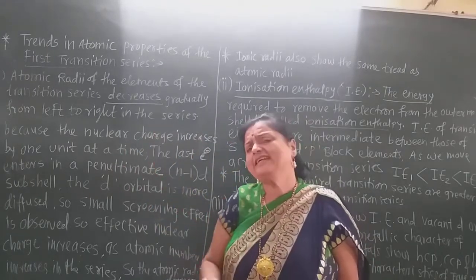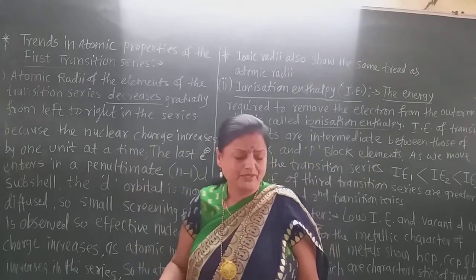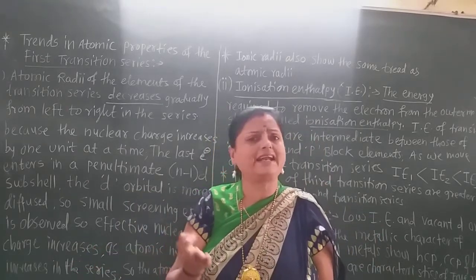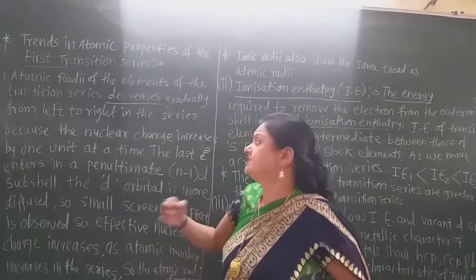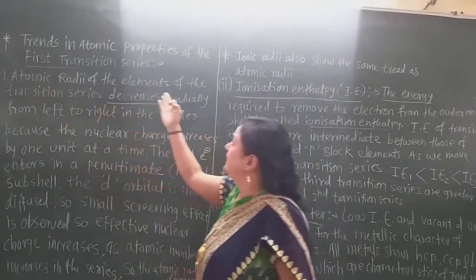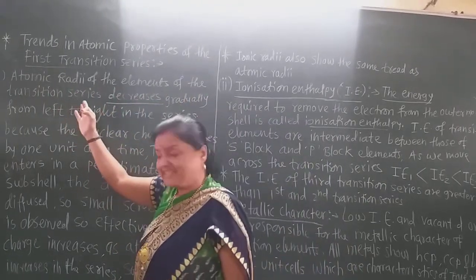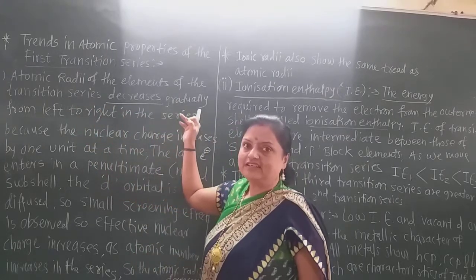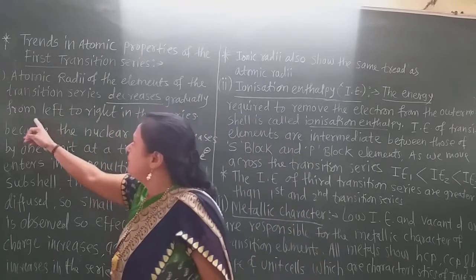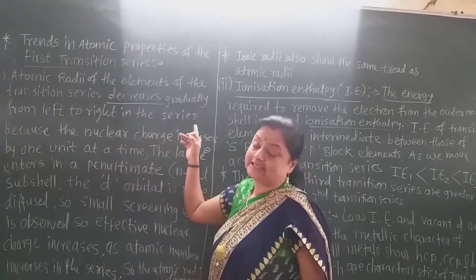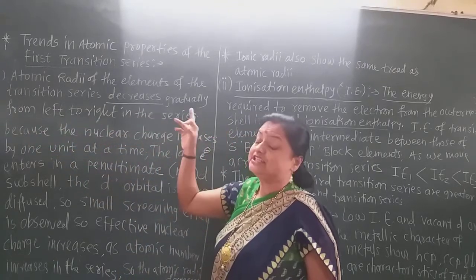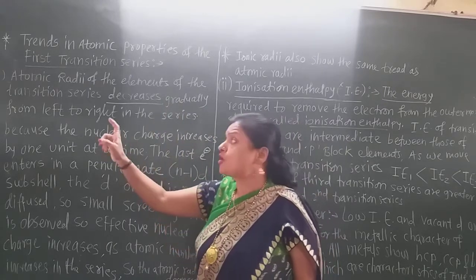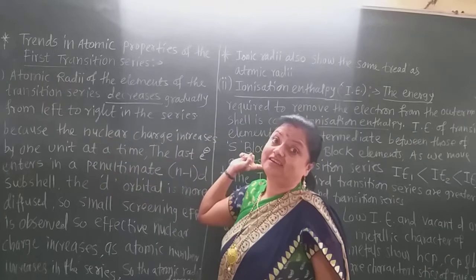Same trend is here in the atomic radii, because as the size of the atom decreases, definitely the radius of the atom also decreases. So the atomic radii of the elements of the transition series decrease gradually, slowly from left to right in the series. Remember that, from left to right. That is, this is the first series. So from scandium to zinc,